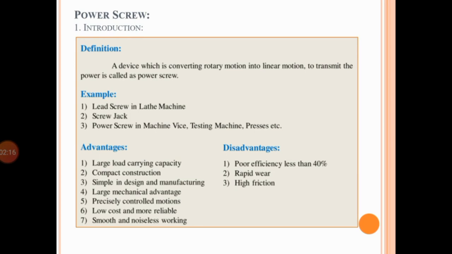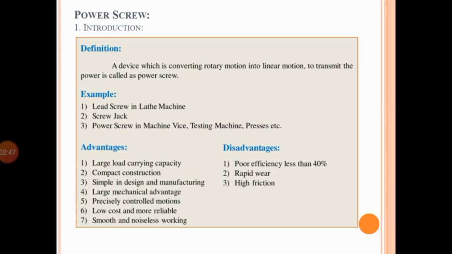Second example that you have also seen a number of times is in an automobile garage, where automobile mechanics frequently use a screw jack. The basic purpose of a screw jack is to lift up vehicles or four-wheelers. In such a screw jack, there is one handle which is rotated by the automobile mechanic, and the threaded portion of the shaft moves up. So it is nothing but a power screw.